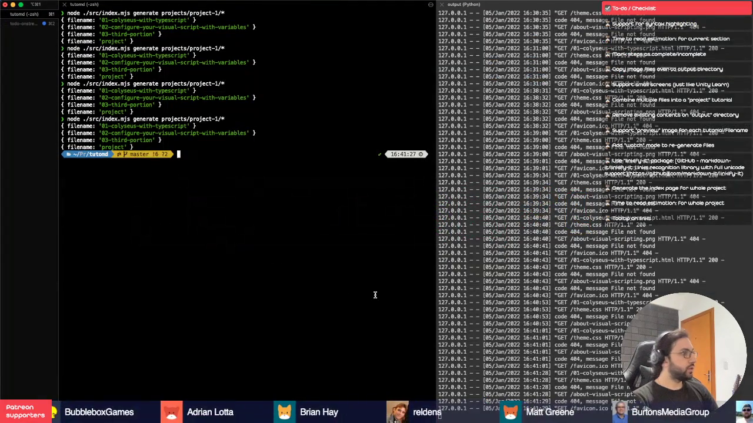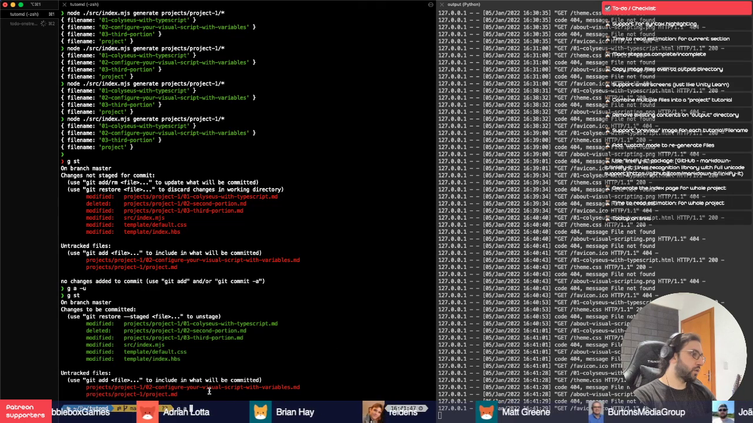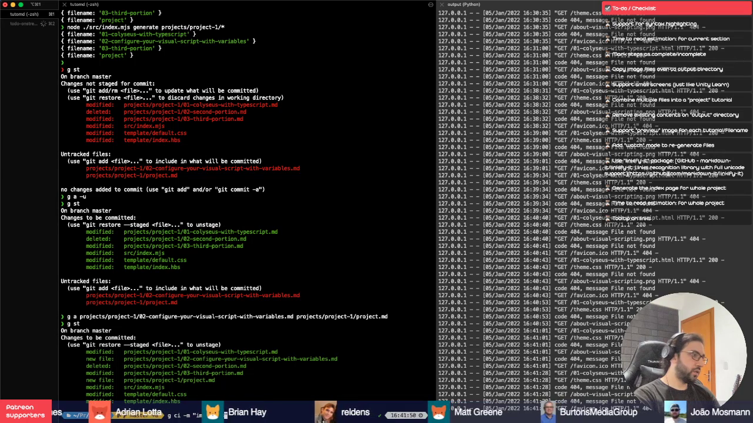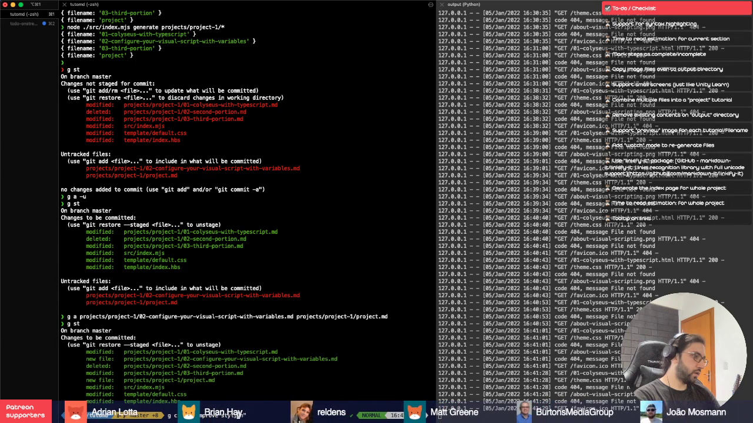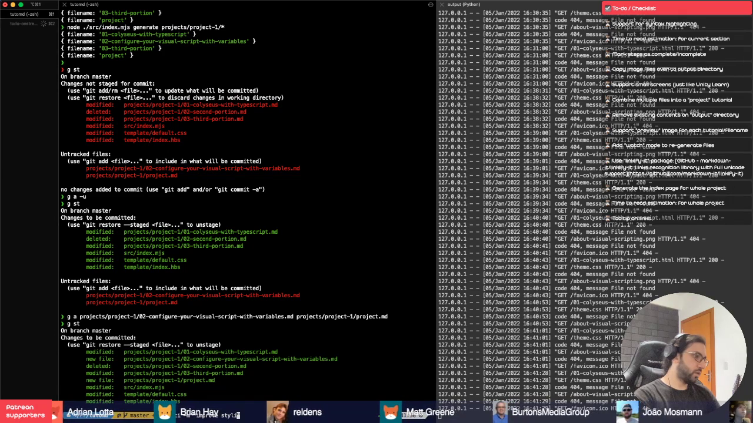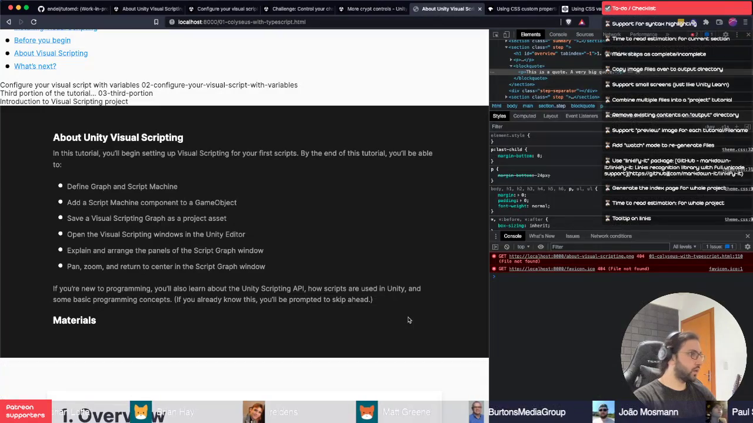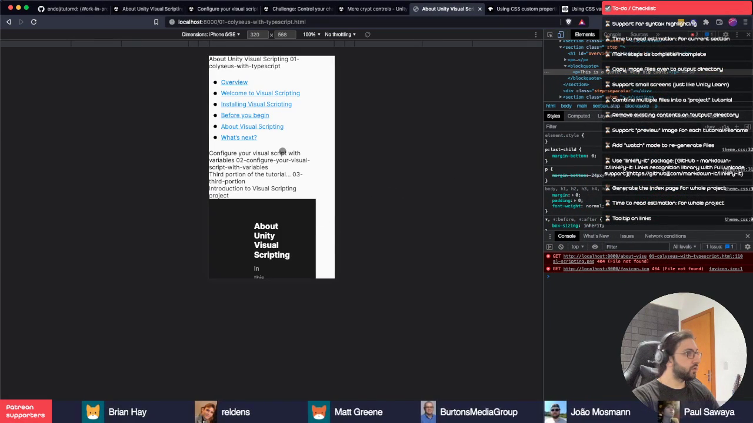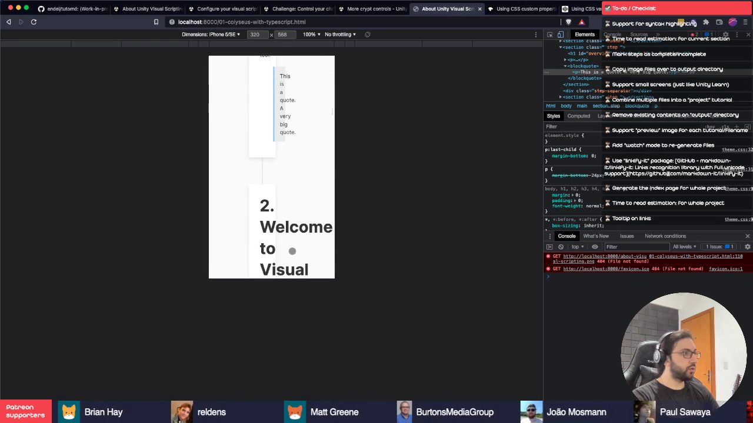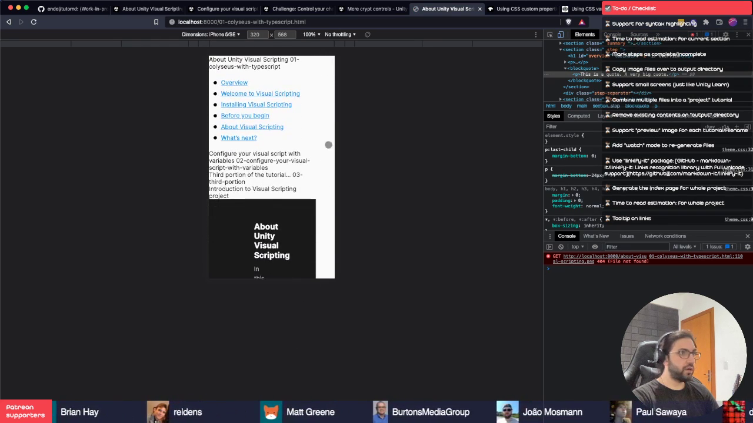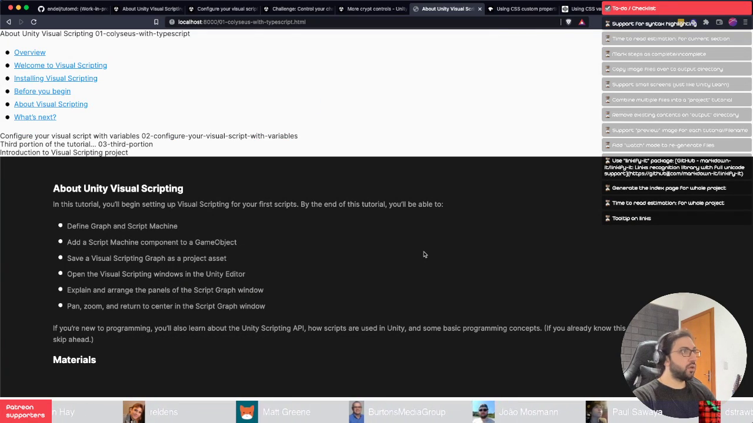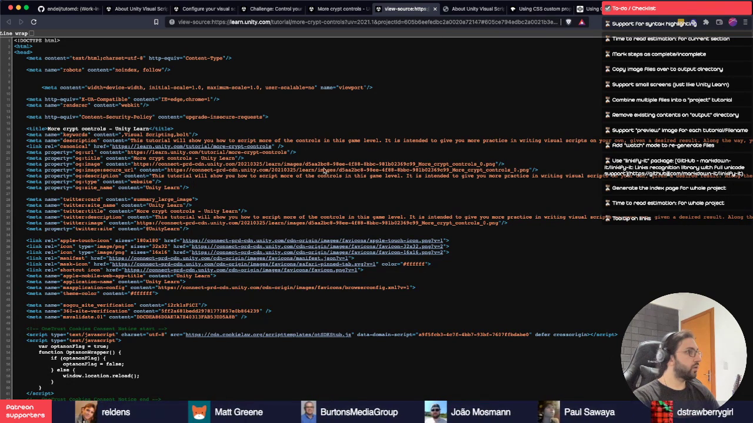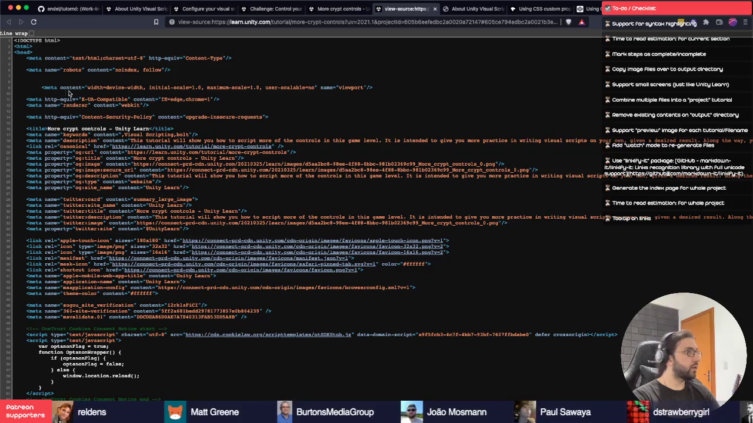Let me push this. Improve styling. Styling and display. How's this on mobile? Oh yeah, on mobile this looks very, very bad. One thing could be the meta tag for this. I don't have this on my